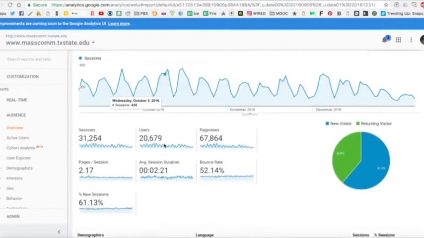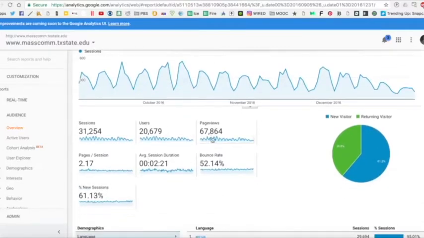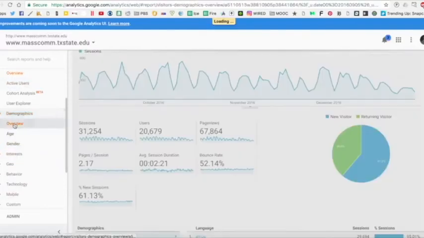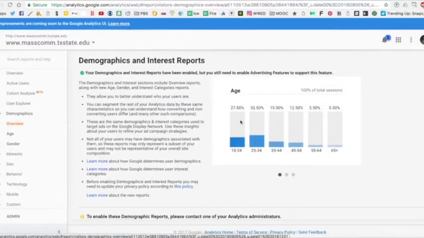You can also get just some pure data on here, which we're going to talk about: the number of users who have visited at least a page on your site, how many page views you got, the average number of pages that someone views when they go to your site, things along that. If I go down here and click on, let's just do demographics, we can get demographic information on your audience, so that's good. Interests, we don't really want to worry about that.